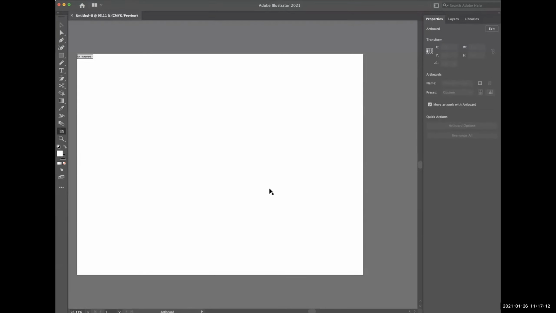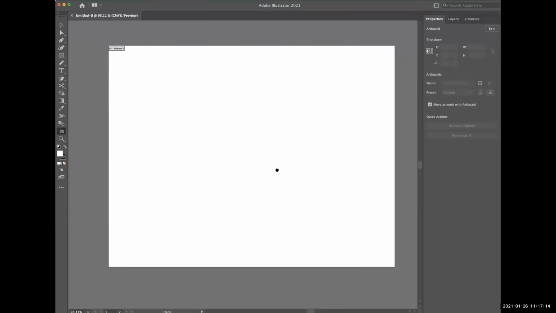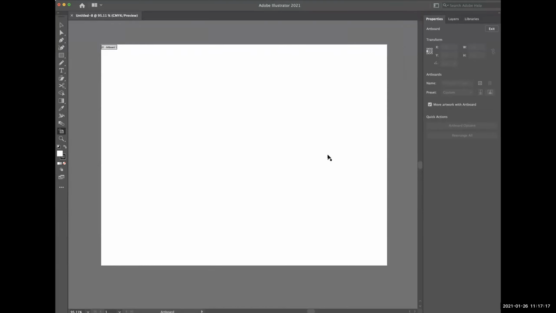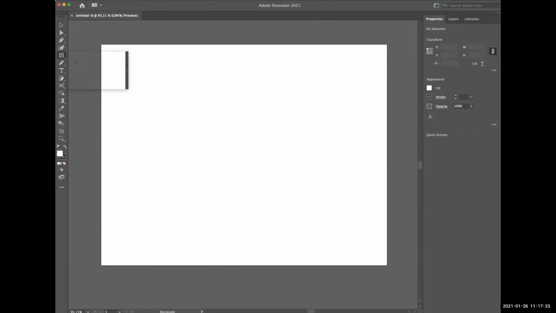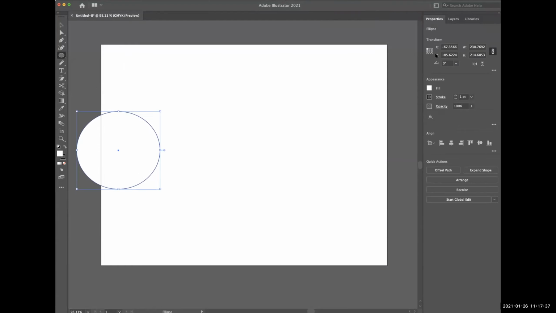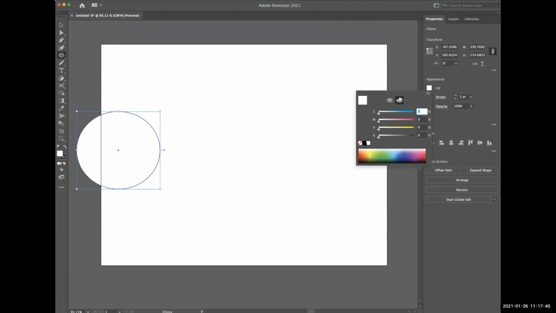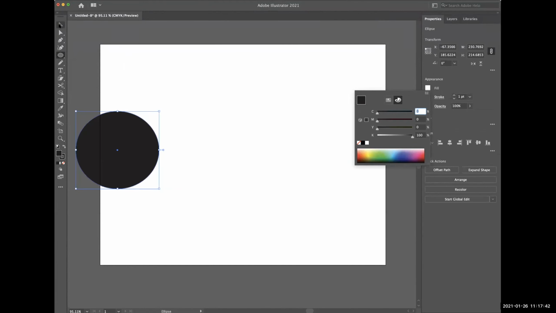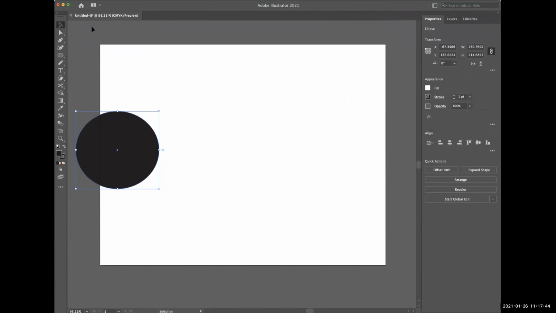And what I have here is the white area, which is what is going to print. And we have the gray area where we can work, but it won't actually print. So if I, for instance, make a circle like that, and I'm going to fill it with black, and I were to export this